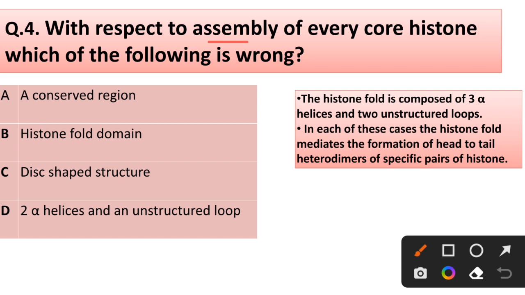Question number 4. With respect to the assembly of every core histone, which of the following is wrong? A conserved region, histone fold domain, disc-shaped structure, 2 alpha helix and unstructured loop. Correct answer is option D, 2 alpha helix and unstructured loop. The histone fold is composed of 3 alpha helices and 2 unstructured loops. In each of these cases, the histone fold mediates the formation of head to tail heterodimers of a specific pair of the